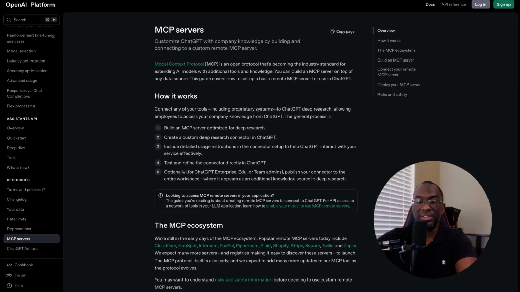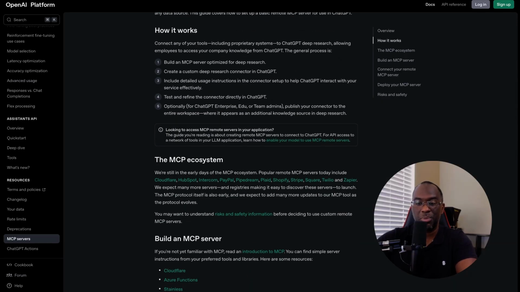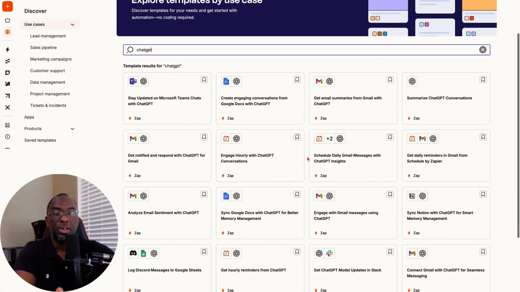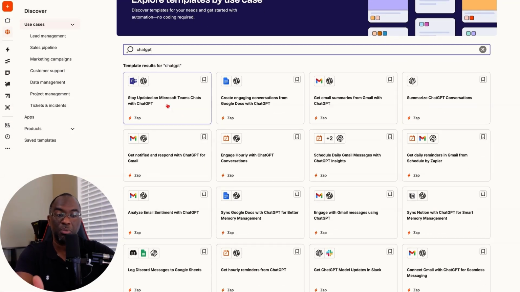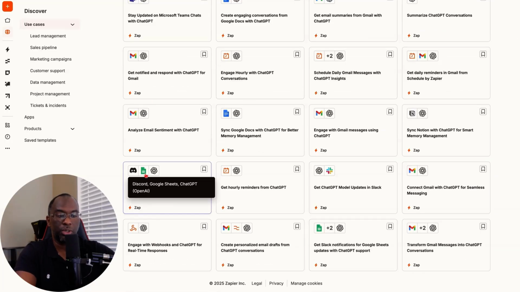And so you can see that this is a lot of technical stuff as far as like integrating ChatGPT with other things outside of ChatGPT. There are a lot of reasons why you might want to learn all of that technical stuff as far as setting up an MCP server. But if you're like most people, you're like, man, I don't have time for that and it's not that serious to me, then I suggest that you look at something like Zapier. They have a lot of zaps for ChatGPT, and they have a lot of the ones that we've already seen, like Teams, Docs, Gmail, Calendar, Schedule, Notion, Discord, Google Sheets,